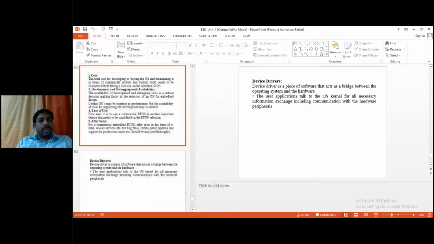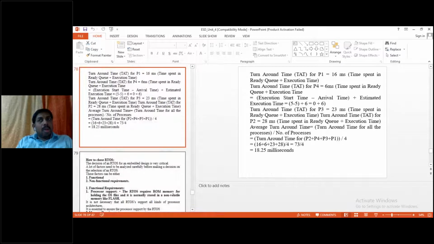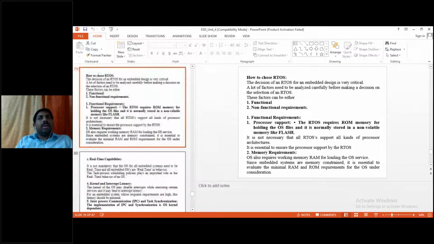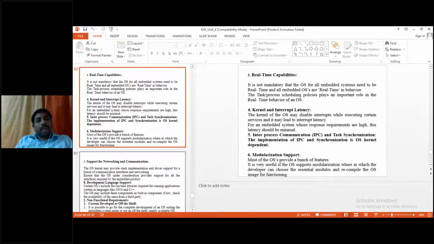So in this topic, we have studied multitasking, and how multitasking is done in three methods called cooperative, non-preemptive, and preemptive. This multitasking must be achieved by task scheduling. Task scheduling can again be done as preemptive and non-preemptive, and they are classified into first come first serve, last in first out, shortest job, shortest remaining, and priority based. After that, we saw in an example how we calculate the waiting time and turnaround time,